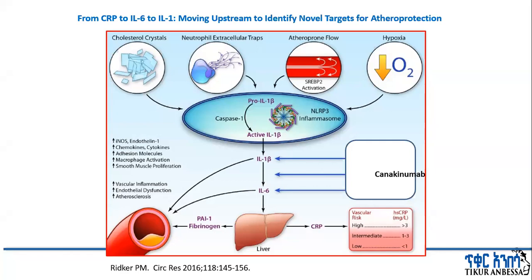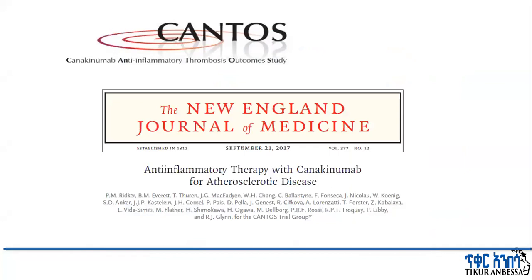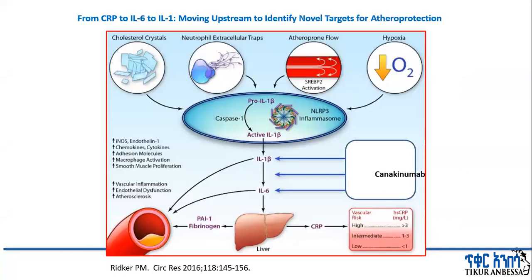And this inhibition of interleukin 1 and interleukin 6 by using canakinumab, which is administered every 3 months as a subcutaneous administration, significantly decreased major atherosclerotic cardiovascular events in both primary endpoints as well as secondary endpoints. And this CANTOS trial was published in the New England Journal of Medicine, and it was a big applause to